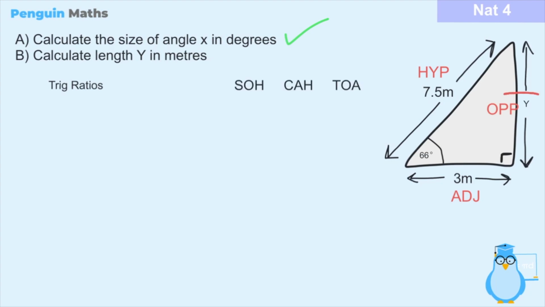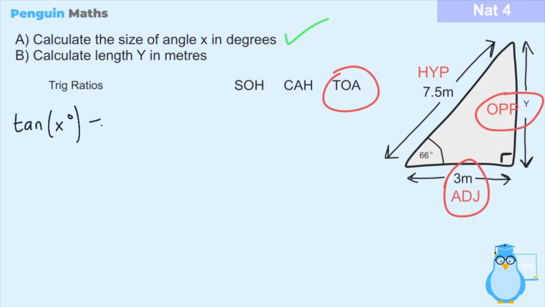Because we want to figure out y, it has to be the opposite, and out of the hypotenuse and the adjacent, I'm just going to pick the adjacent because 3 metres is a whole number and it's easier to work with rather than 7.5. So if we're using the opposite and the adjacent, that means we're going to be using the tan ratio, or the TOA. So we can say that the tan